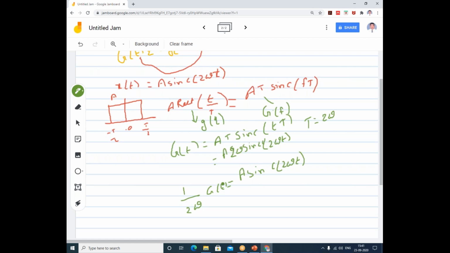So now what should we do here? In the duality principle, instead of g of t we should write g of minus f. So I can write 1 by 2 g of minus f. That is, replace f with t. Now when you replace f with t, this part I can write as a by 2 omega rect of t by capital T, where T I can write as 2 omega, which is nothing but a sinc of 2 omega. So this is what the Fourier transform of a sinc 2 omega t is.